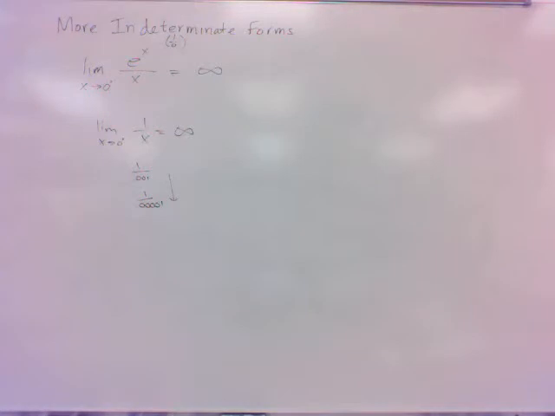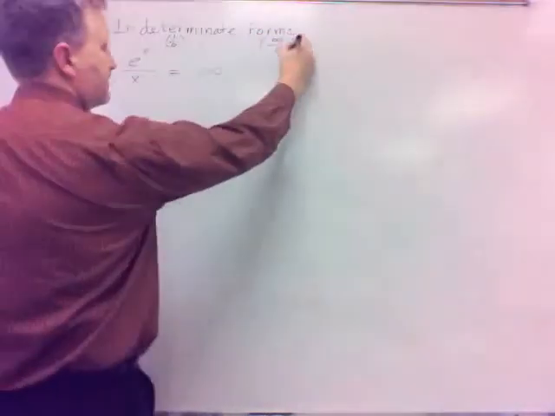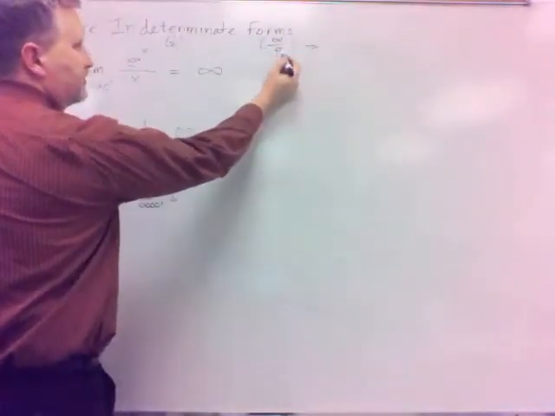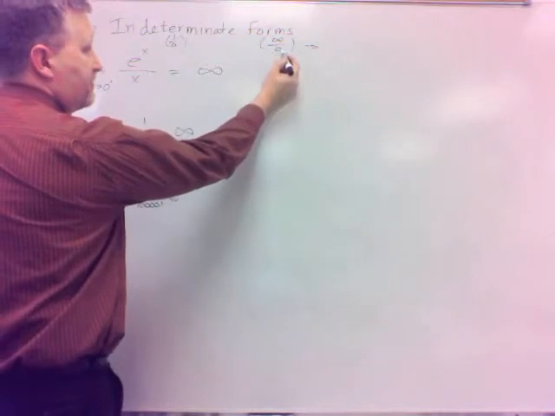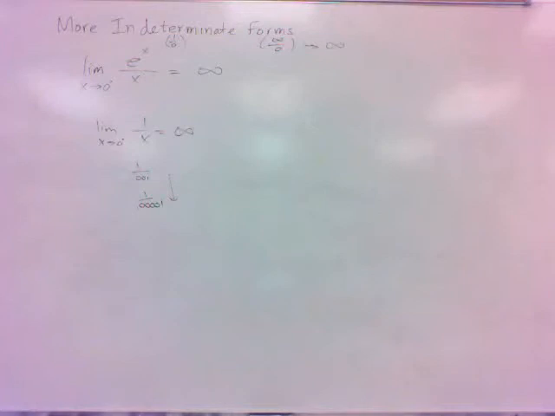What was that other one? It was basically the same. I don't remember what it was. But anyway, some of them, you just have, oh, it was infinity divided by 0. Yeah, infinity divided by 0, same. If you have an infinity divided by 0, something in that form, well, again, infinity divided by something that gets smaller and smaller is just going to be infinity as well. Anyway, I just wanted to make those points to you in case you come across those.